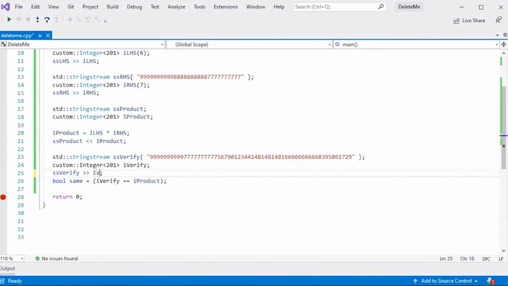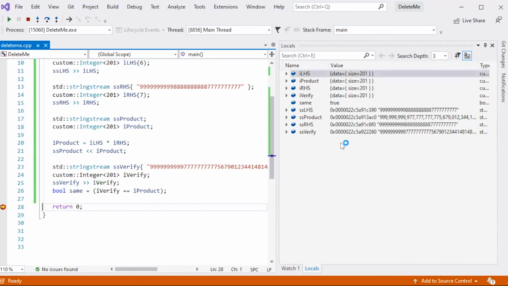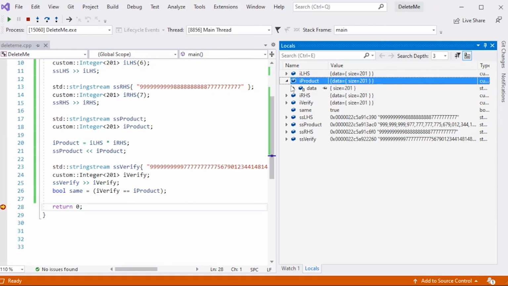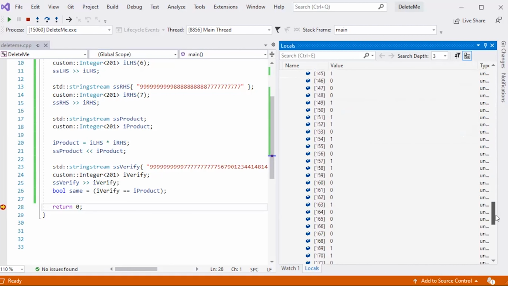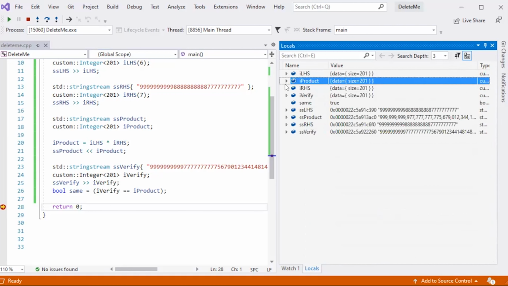Oop, it looks like I just made a mistake there, not to I product, but I verify. Okay, when I run this, let's take a look at what we got. Now, first of all, I'm going to go to I product, and that's going to be 200 bits. Notice how the 200th bit is set to 1, and then the 201st bit is set to 0, which is